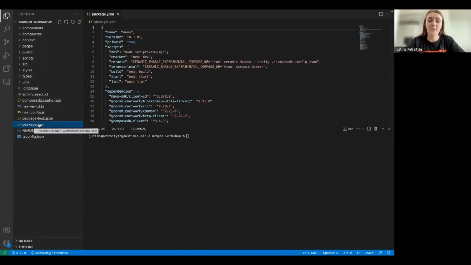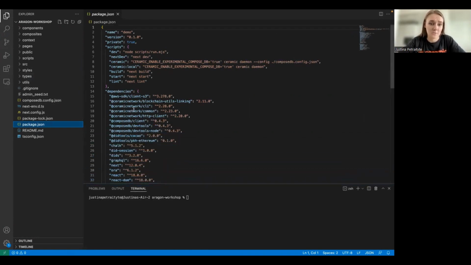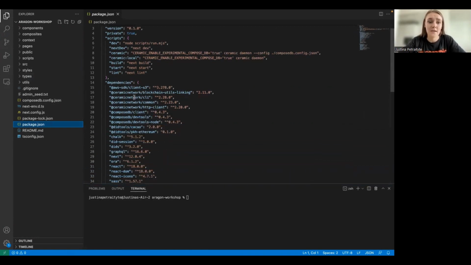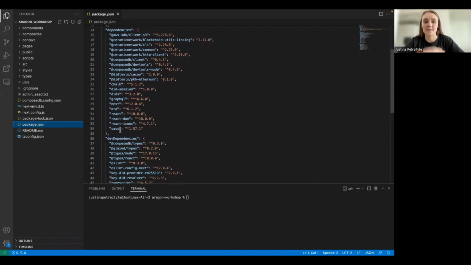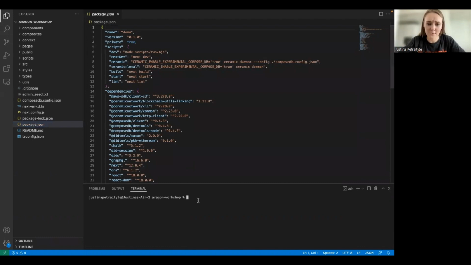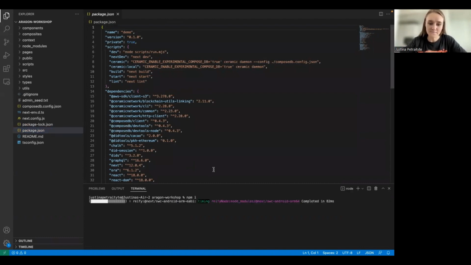You can see the list of dependencies in the package.json file, but just to walk you through, it's mostly Ceramic dependencies, like Ceramic CLI, which makes it easier to interact with Ceramic. And also we have quite a few ComposeDB dependencies, and then a few additional things that are necessary to run the app. So I will install everything with npm install. This should take just a few seconds.